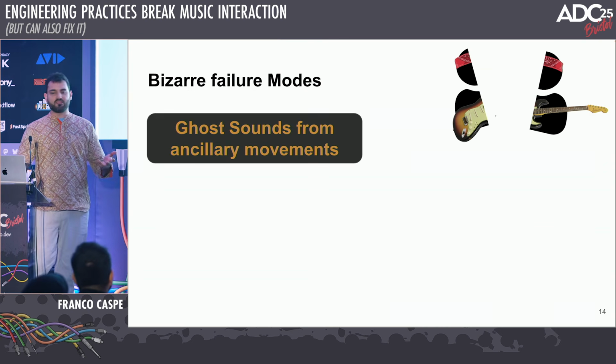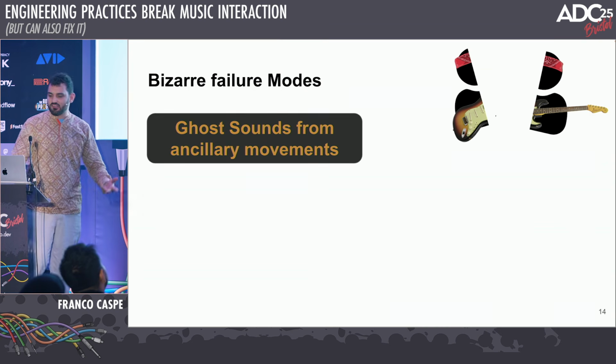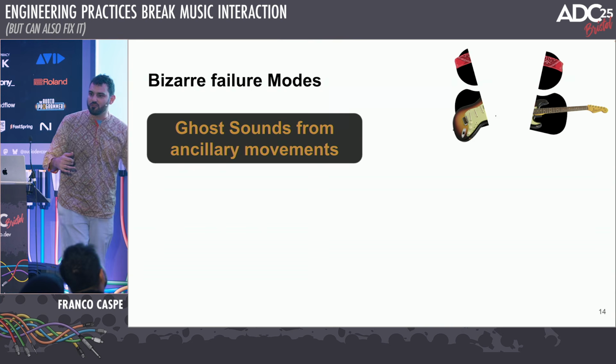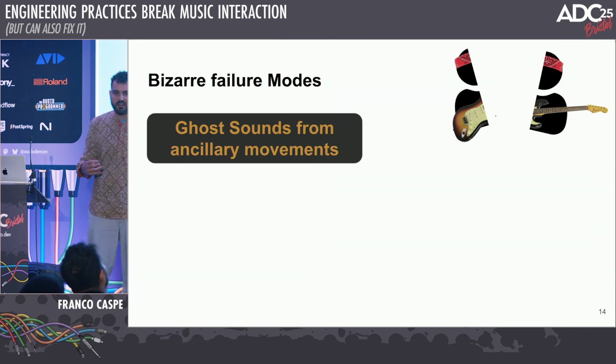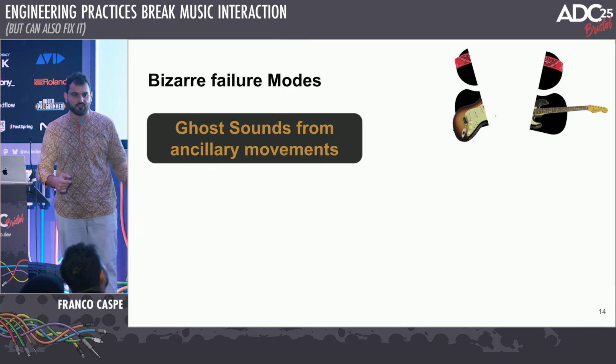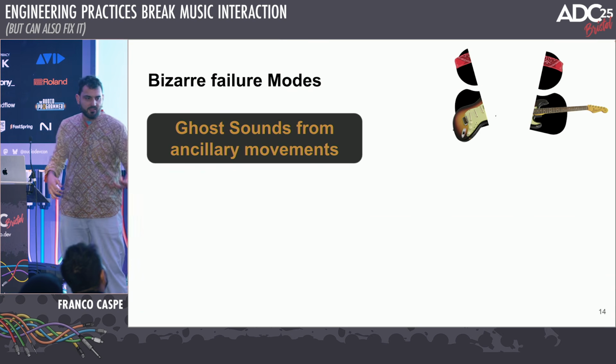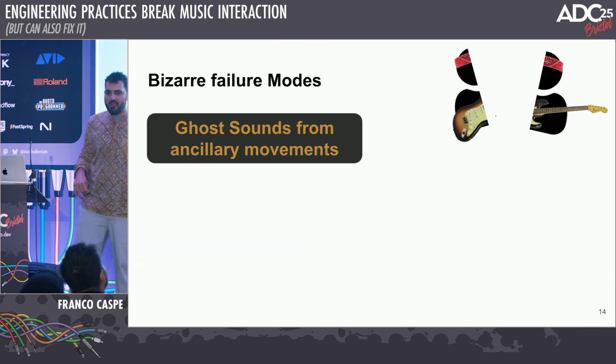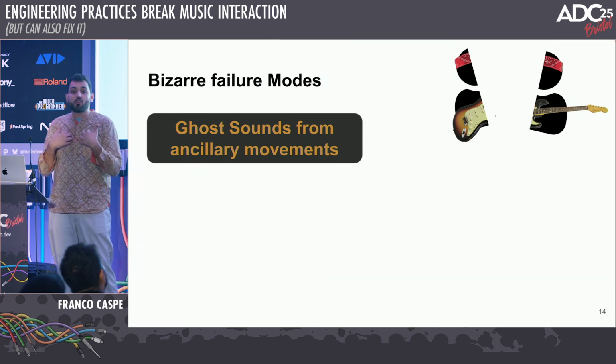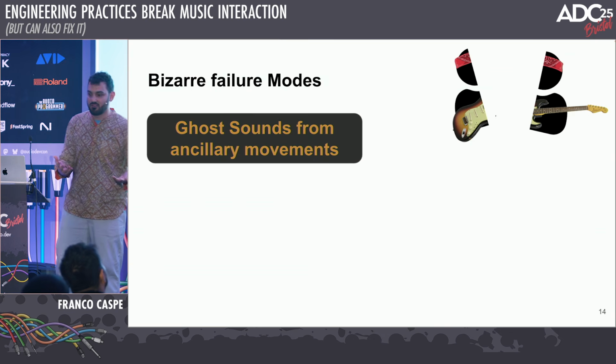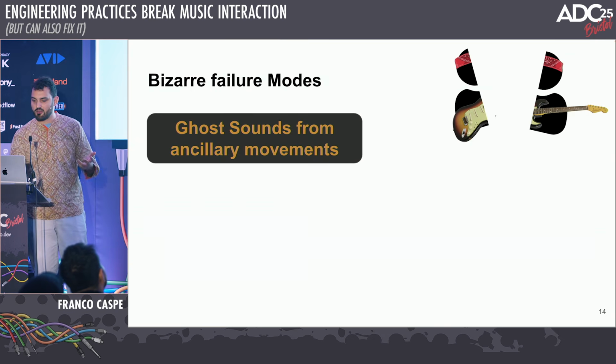The system seems to work, but again, there were some ghost sounds from ancillary movements. This was also validated by some musicians that I ran tests with. So I play the guitar, right? And at some point I'm just moving my head across the fretboard and boink, some sounds come out of nowhere. They come out not out of my volition, if you wish, right? Those are ghost sounds that appear out of nowhere.